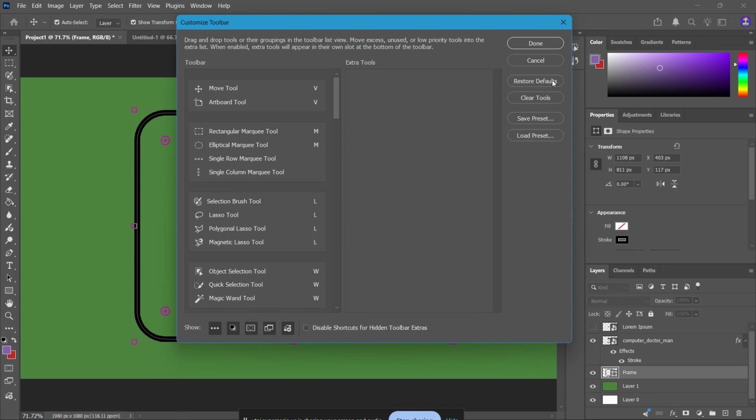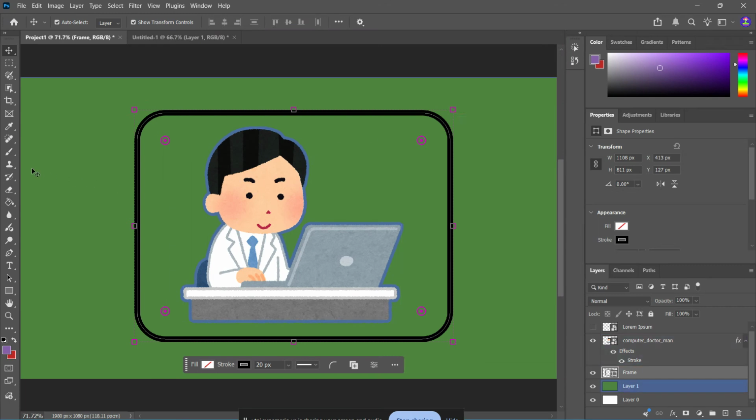After that, click Done and your toolbar will snap back into its original layout with every default tool restored to the proper position. So if tools were moved, hidden, or accidentally removed from your main toolbar, this will bring them right back. So to recap, if you're trying to find missing tools in Photoshop, first check the hidden nested menus